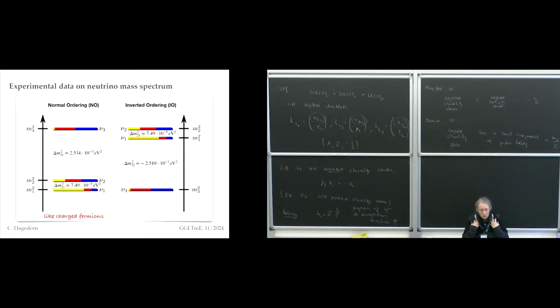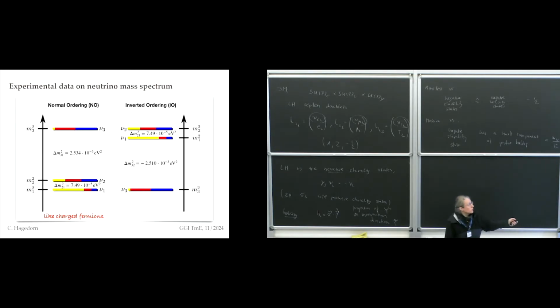So since I'm a theorist, I would like to consider it from the theory side, in the sense that I would like to ask myself, how can I actually produce such a mass spectrum? And also, in particular, such a mass scale, which we see, namely some particle which is very light or particles which are very light. Plus, since we are in a school on neutrinoless double beta decay, we will also think about, is there anything different between light neutrino mass with normal ordering or with inverted ordering?